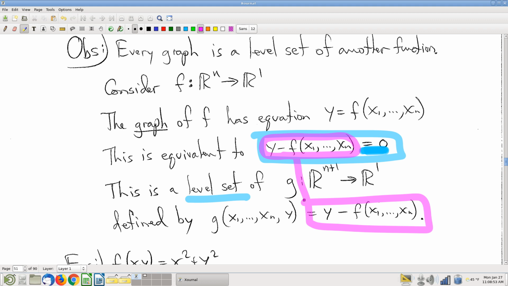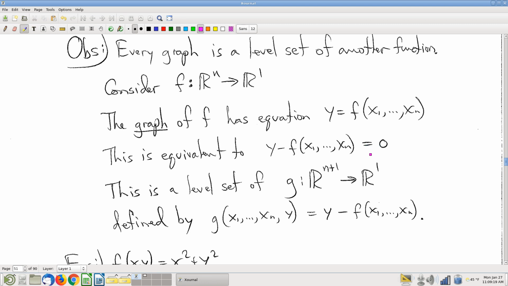It's got a new variable in it, right? The formula for f, there's no y's in the formula for f. This expression here has a y in it. Importantly different function. I'm going to give it a different name. Call it g. Right? But g's zero level set and f's graph are the exact same